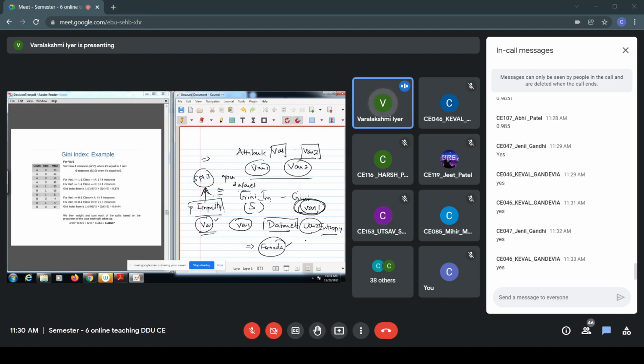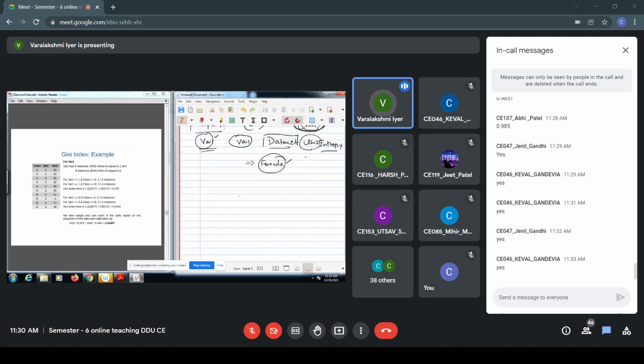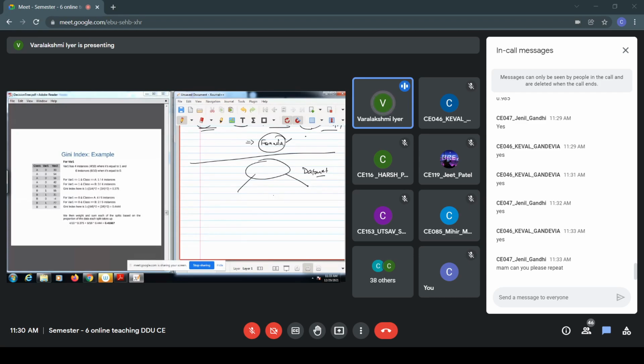Now one more thing is that in this case we'll be creating a binary split of the data set. I'll repeat this. We have two variables, variable 1 and variable 2, and we'll calculate the Gini impurity of both variables. Gini impurity is similar to entropy. In that case, we were calculating the entropy, that is the irregularity of data, by splitting on variable 1.